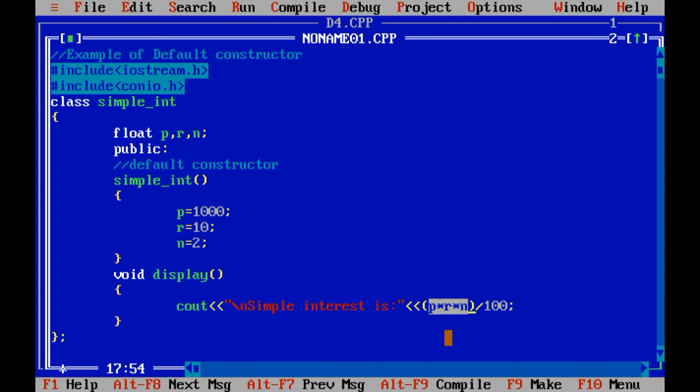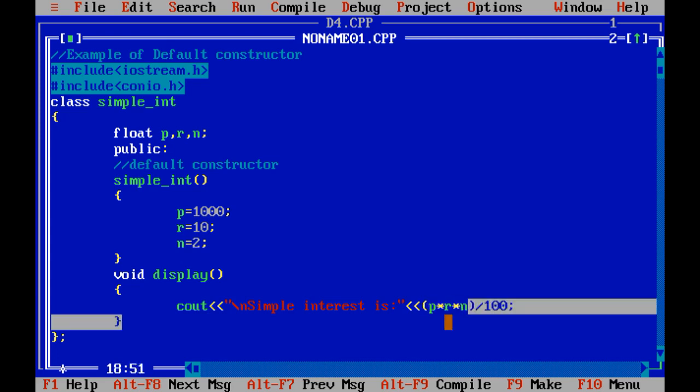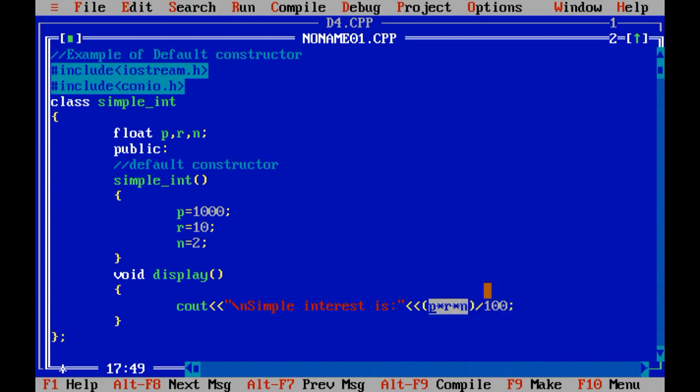So if I do not apply brackets over here, in such cases first of all it will divide the value of n by 100 and then it will multiply with the remaining 2. So what is my requirement? First of all I just need to perform multiplication. In such cases you need to set the priority using brackets. After multiplication of three variables, the answer is divided by 100. So in this way you can set the priority based on the requirement.